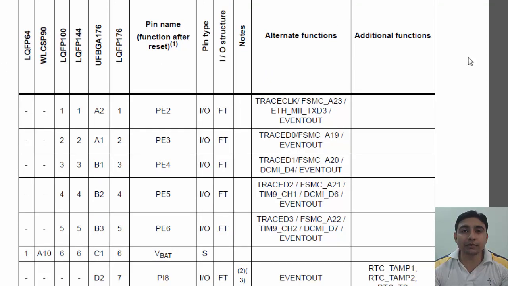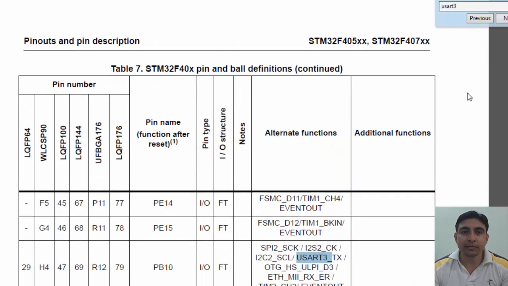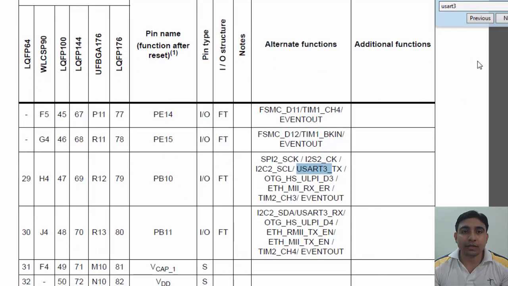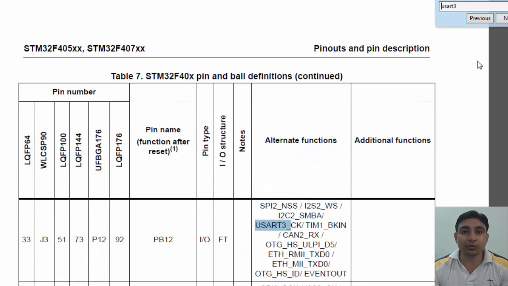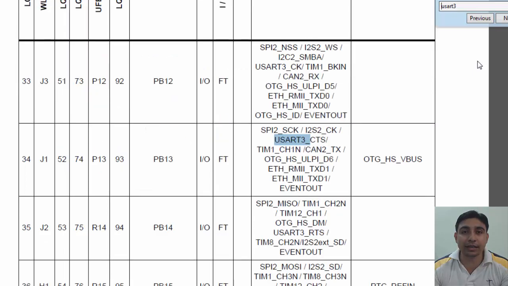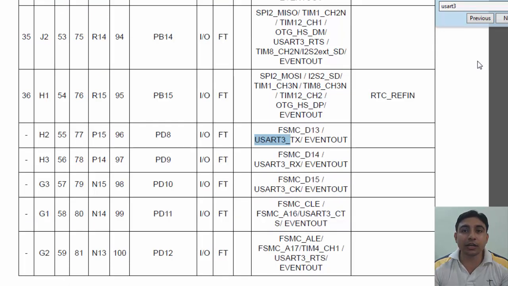Now if you search for USART3 in this table, you can see that we got many pins assigned to USART TX, USART RX and USART CK. We don't need the CK pin because we will do UART communication here, and we'll not use the clock line.